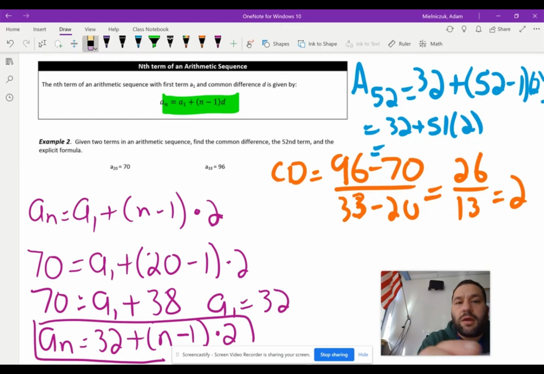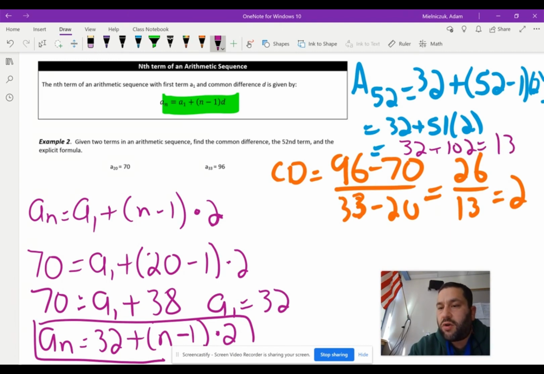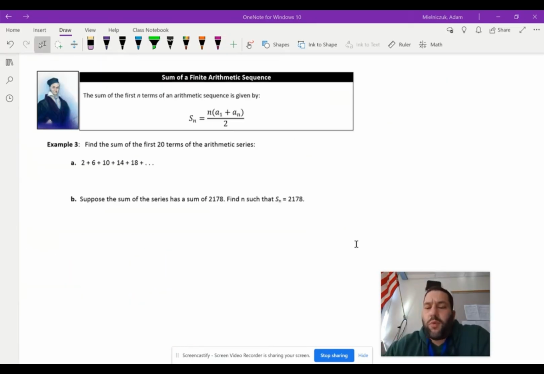Try that again. So we're going to get 32 plus 102, which means our 52nd term is 134. All right, do you remember lesson 14.1 where we had to find the sum of a series